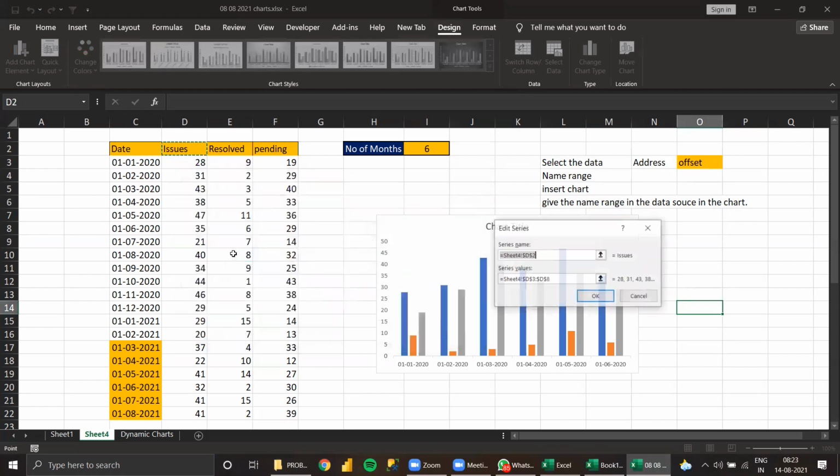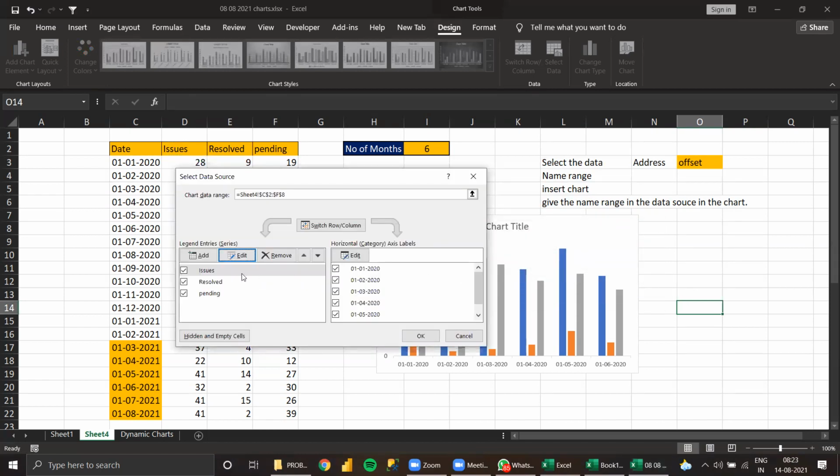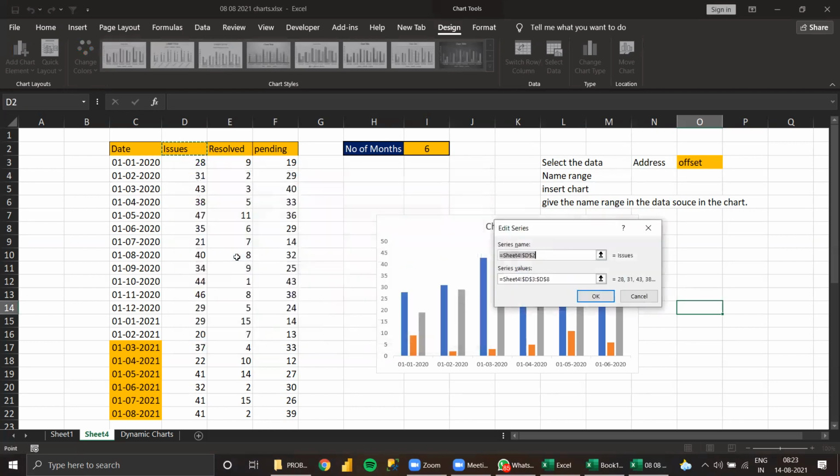When you go to Edit, first issues, right? Issues, Edit, then this, don't worry. Whatever name you can give, issues are already taken, or you can type issues, there's no problem. Now, please remember here.